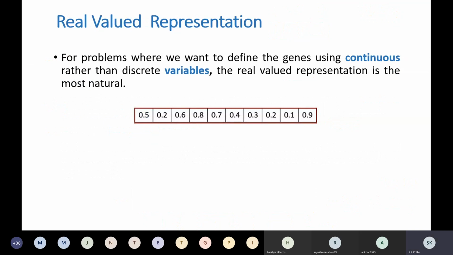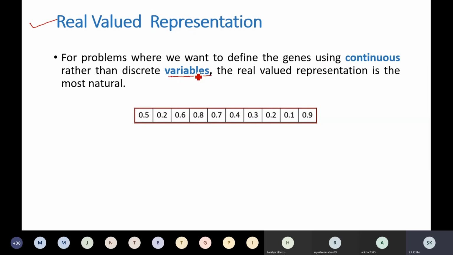Then second type of representation is real valued representation. As its name suggests, we have to use real numbers, real values for representing the decision variables, where you want to define genes by using continuous variables rather than discrete.